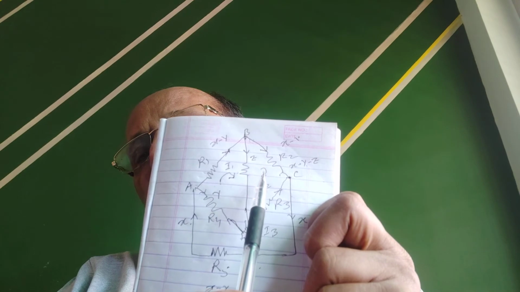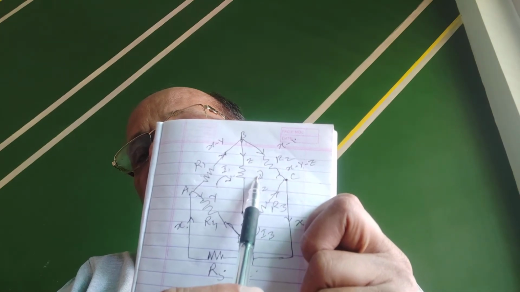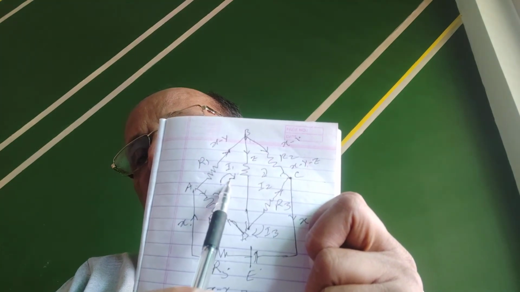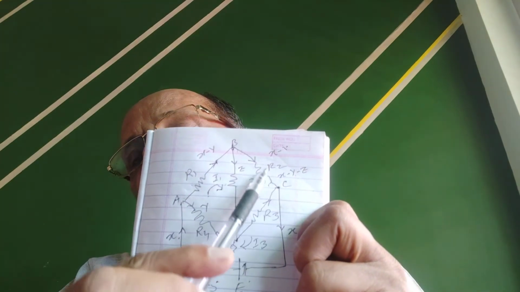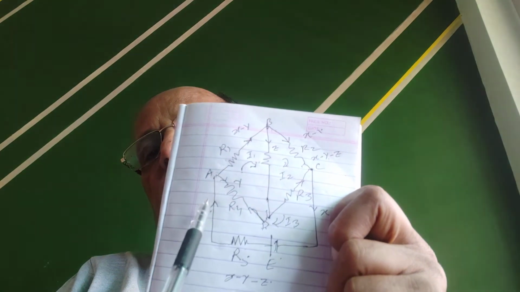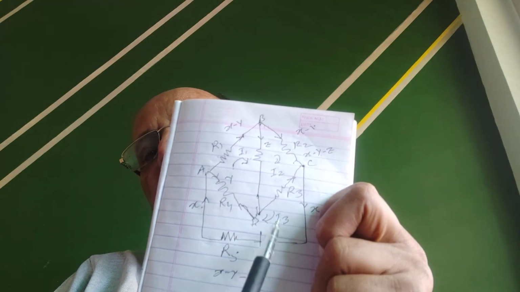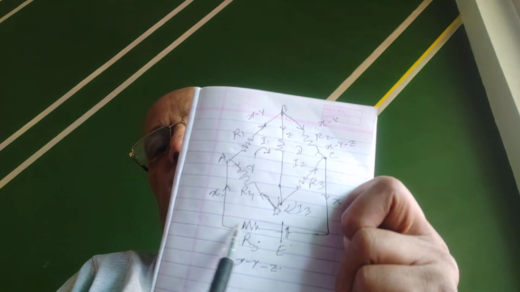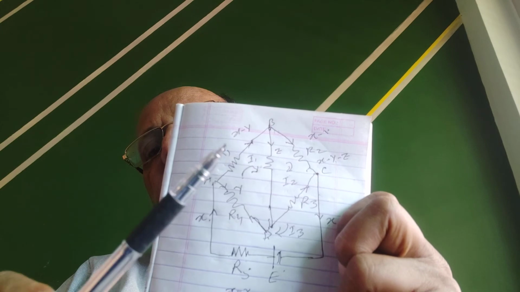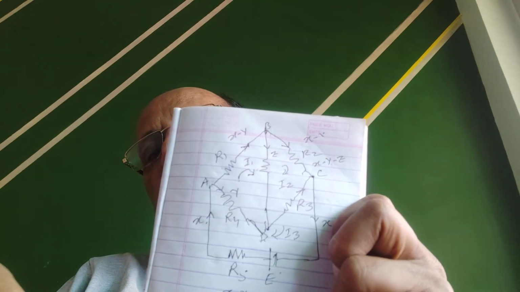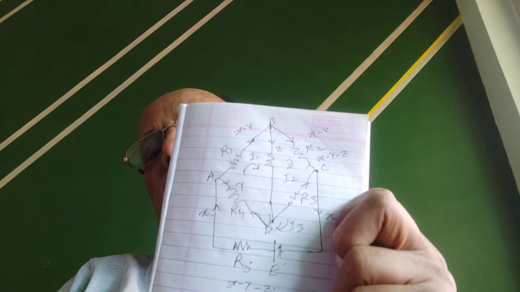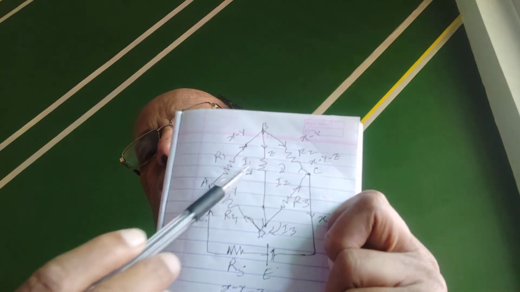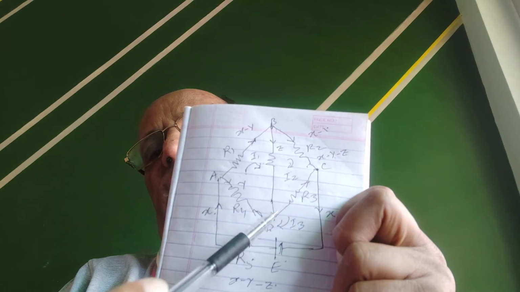There are 4 loops. One loop is this ABC, whatever name is given. One loop is this, second loop is this, third loop is, we can take this big loop, and fourth loop we can take from here to here. So you can consider any 3 loops out of 4, because your unknown quantities are X, Y, Z. So you keep any numerical value on R1, R2, R3, R5.